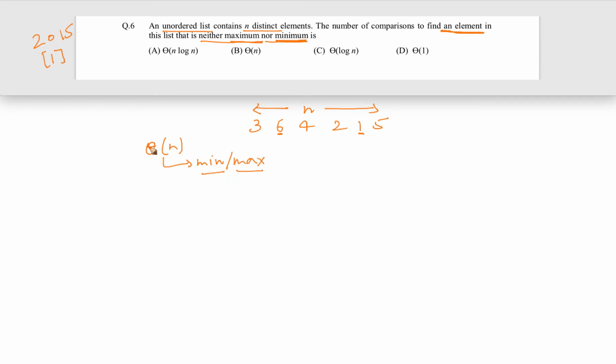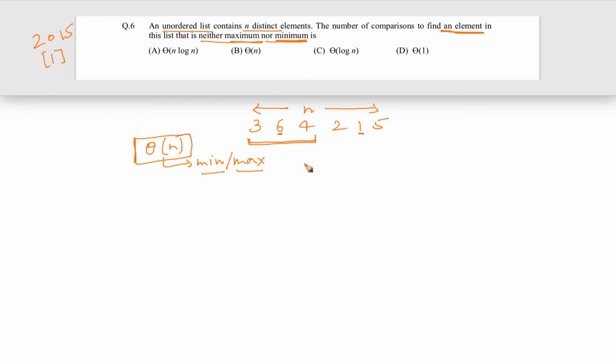But in that case, your overall time complexity is going to be theta n. The thing is, can we do somewhat better? There is another way in which you just start from the beginning and pick the first 3 elements. That's it.